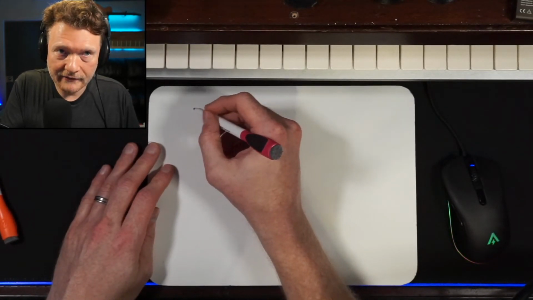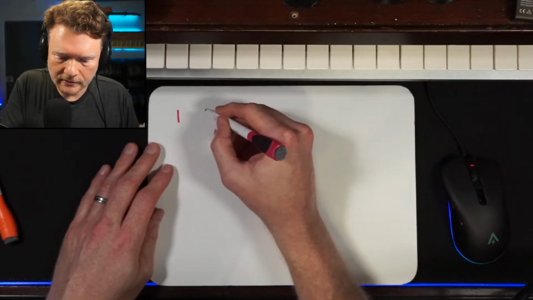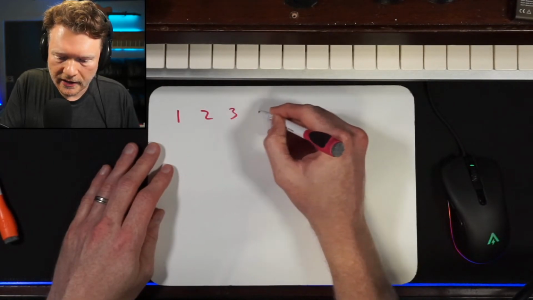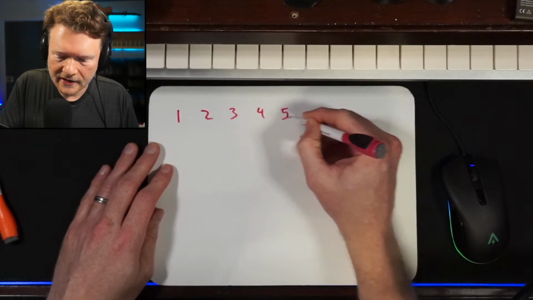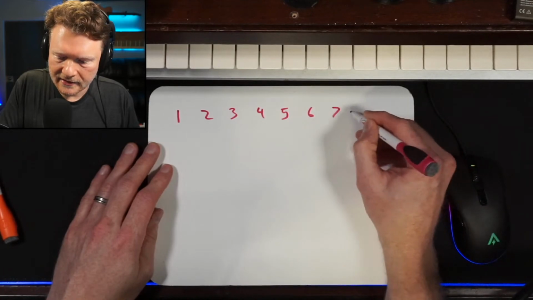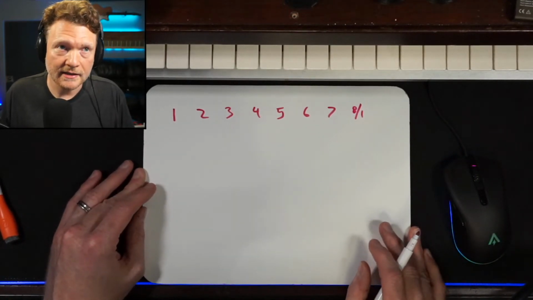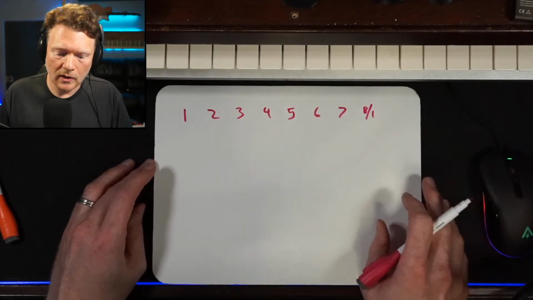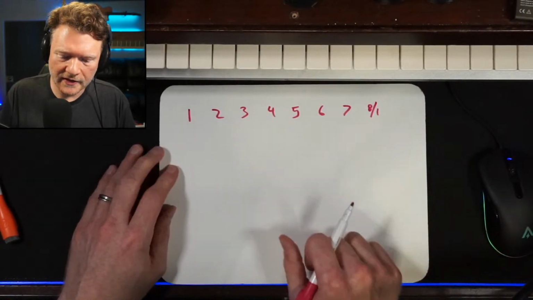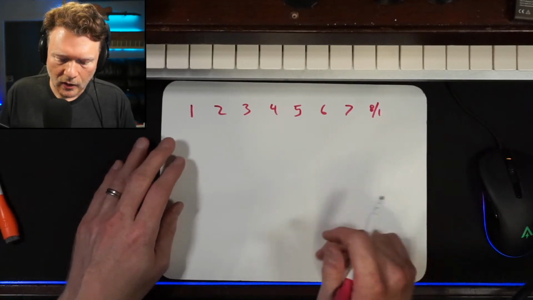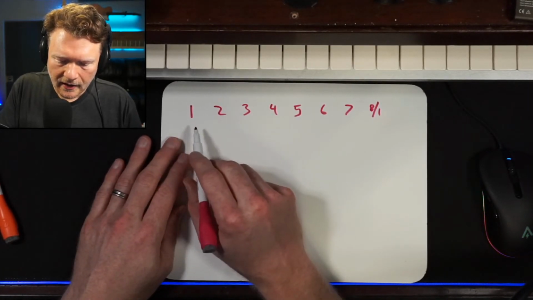Okay, so here we go. Every scale is going to have, we're just going to use numbers here: 1, 2, 3, 4, 5, 6, 7. And then I write out the 8th number as an 8 or 1 because it does kind of repeat. So here we're just going to fill this in with a major scale,